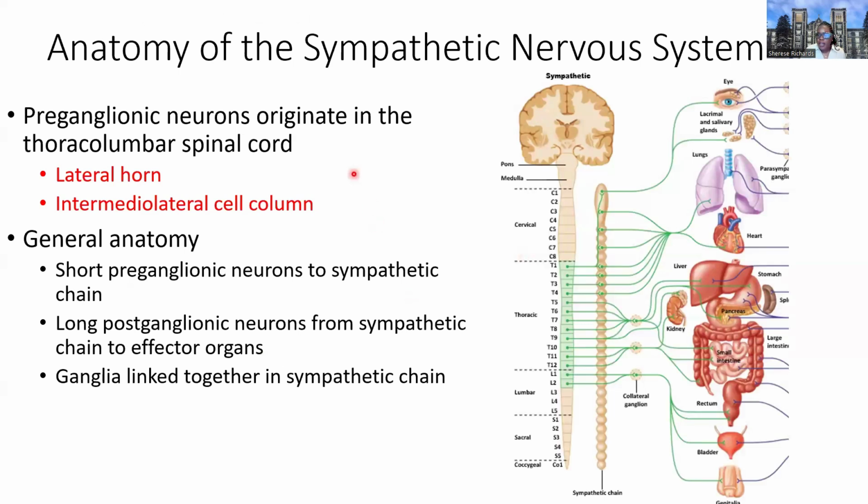So let's zoom in a little bit closer here and look at the sympathetic division, some of the ways that it differs in anatomy, and the three routes of communication that we mentioned earlier. So the preganglionic neurons originate in the thoracolumbar segment, which we described, T1 to L2, right, thoraco and lumbar. This is going to be arising from the lateral horn or the intermediolateral cell column of the spinal cord. So this basically means that it's a specific section of the spinal cord. If you look at the cross section of a spinal cord, it's a very unique location on that cross section.